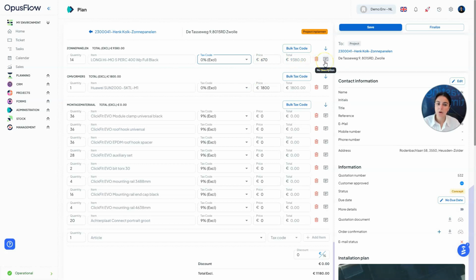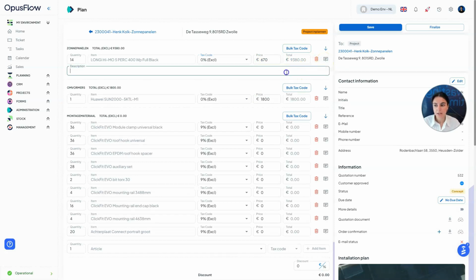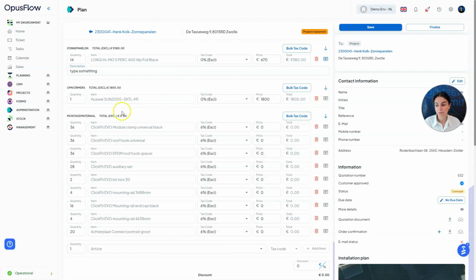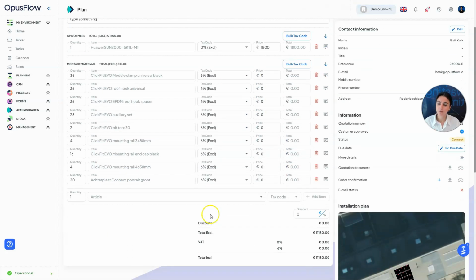And you also are able to add a description for the item. If you want to change the tax code in bulk, you can easily click on this button here and change the tax code for the whole category over here. Also, one more thing that is interesting is that you can add an item to the list.